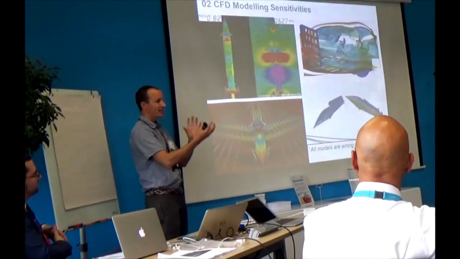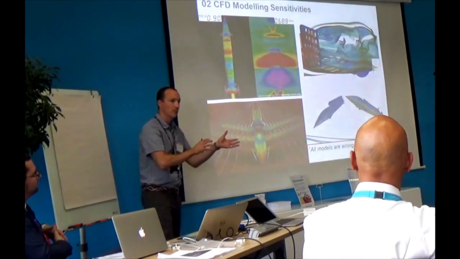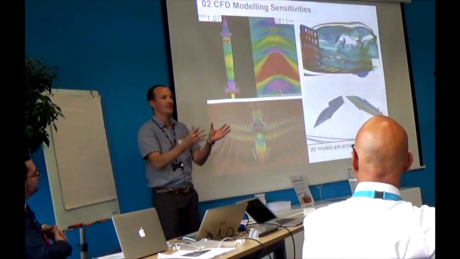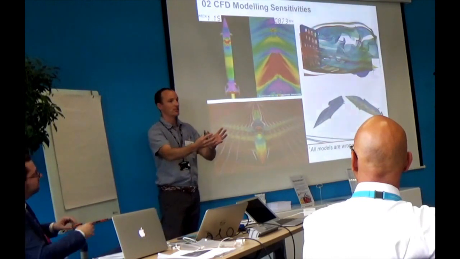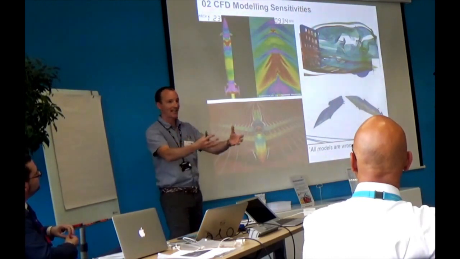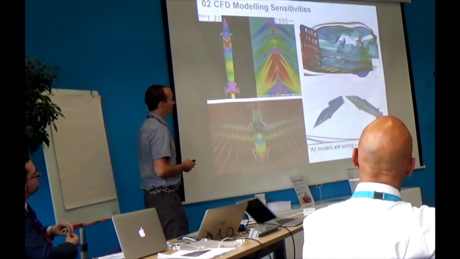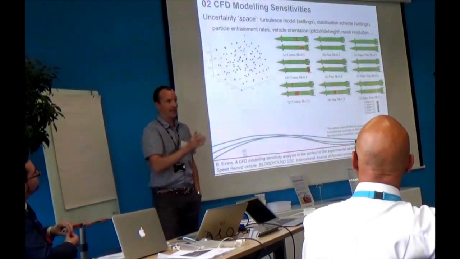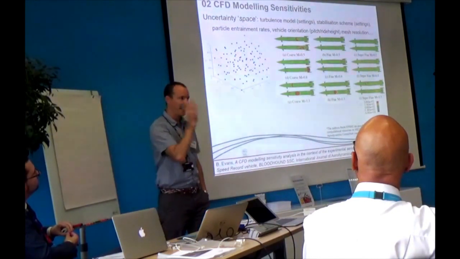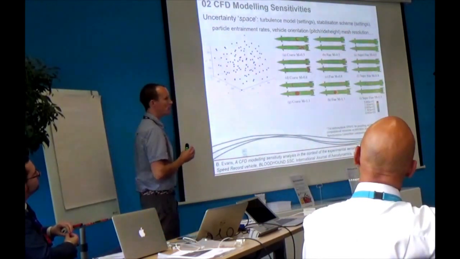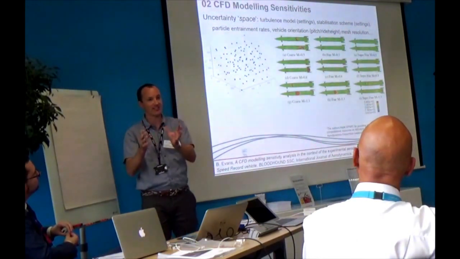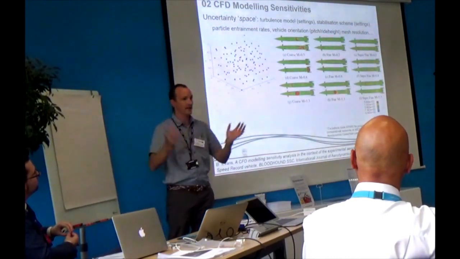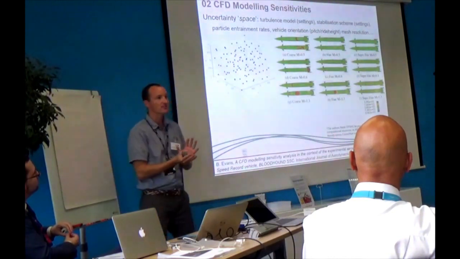And how do we try and understand which of the models, and importantly, which settings within those models are providing us the best representation of reality and best match the data that we get back from the car? And the way we're planning to do that is a fairly pragmatic approach, which is to try and understand the sensitivities in our model predictions to what I can refer to as the uncertainty space that we have within the modelling.